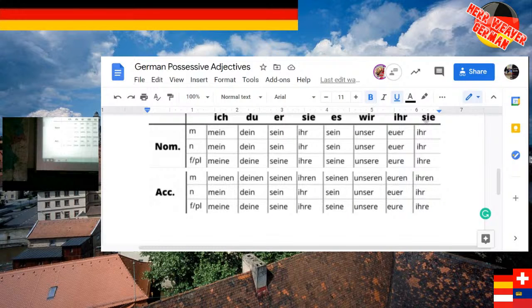Good. What about, let's try some new ones, mix it up a little bit. Let's say unser, oops, let me get a new pen. Unser, dein, euer, sein, mein, and ihr, with a small i. Okay. So let's talk about other things that could be not necessarily just relatives. Let's say Auto. Let's say Schule. Let's say Schulbank.